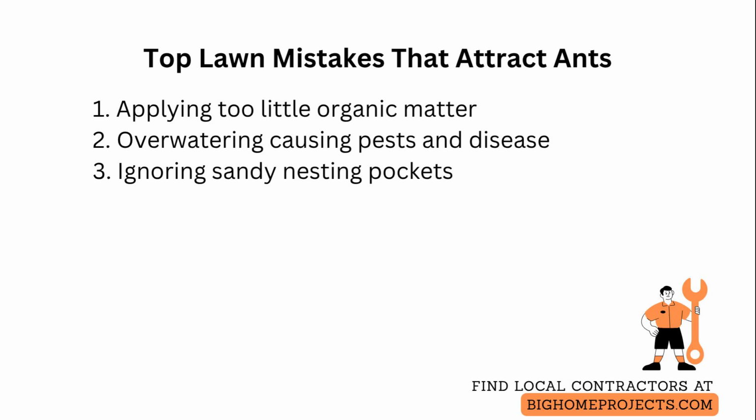If you apply too little compost, expand to the recommended 1 to 2 inches twice yearly until soil structure improves. If you overwater, adjust to deeper, less frequent watering that strengthens turf roots and reduces surface moisture attractive to some ant species. If you ignore sandy patches, focus on bringing in loam and regrading small depressions so ants lose their